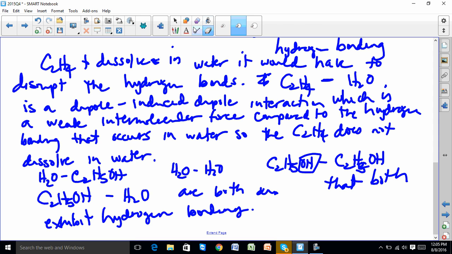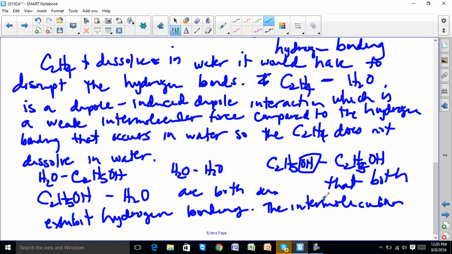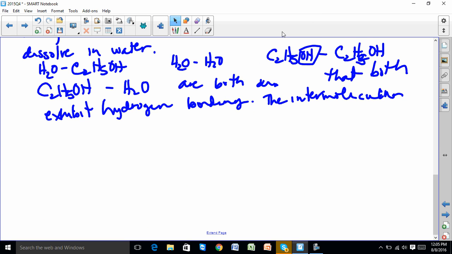And so, because they're both highly polar molecules that exhibit hydrogen bonding, we can say that, they always want you to talk about the intermolecular force. Now, the reason why I did all this stuff, by the way, is this has to be disrupted and this has to be disrupted. So you put water and ethanol together. This intermolecular force is disrupted. This intermolecular force is disrupted, and they come together. The intermolecular forces